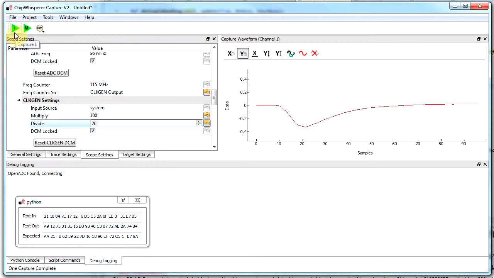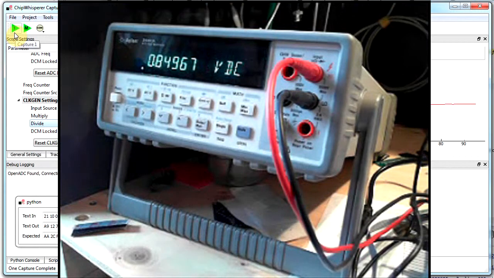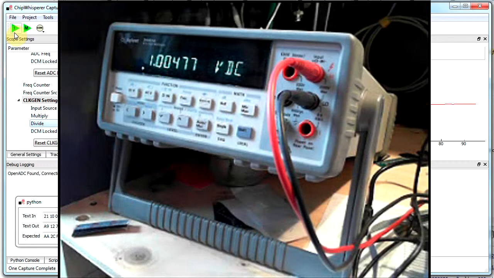But if we look at the core voltage, due to that shunt, we can see the core voltage was actually lower than the 1 volt regulator was supposed to be outputting. So there is an adjustment on that regulator to compensate for this shunt, and we'll take it back up to around 1 volt,